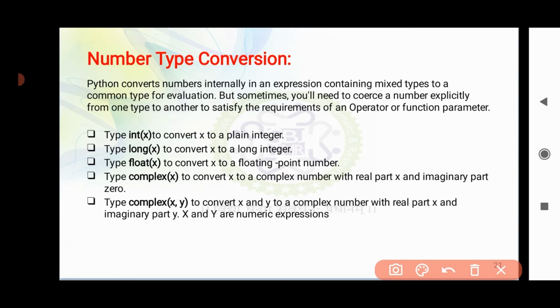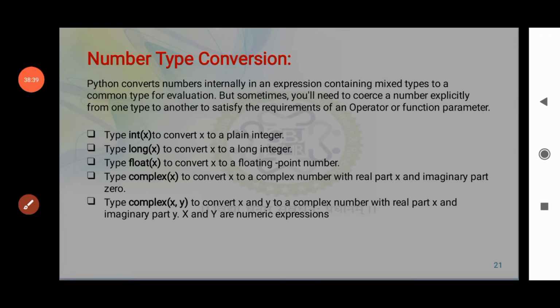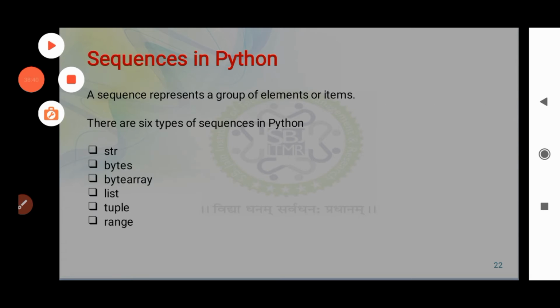Then we have one more function, complex of x comma y, which is used to convert x and y to a complex number with real part x and imaginary part y, where x and y are numeric expressions. So in this way, number type conversions are done in Python.